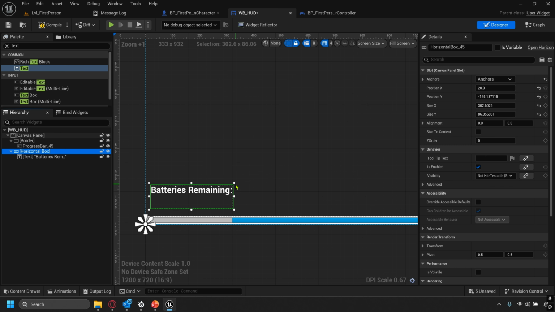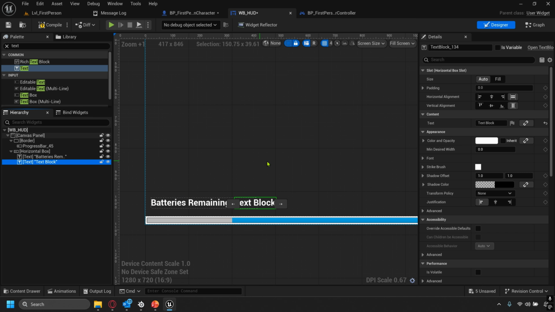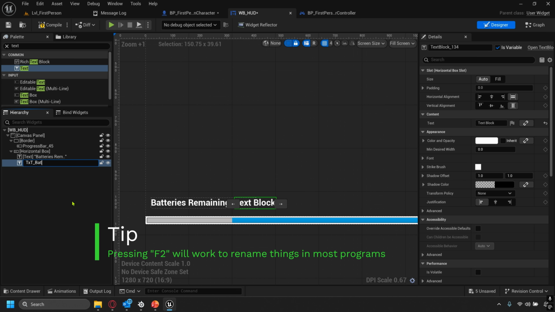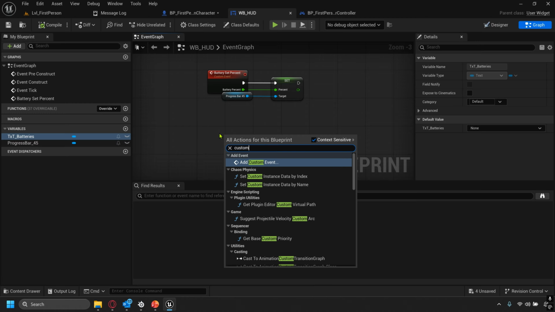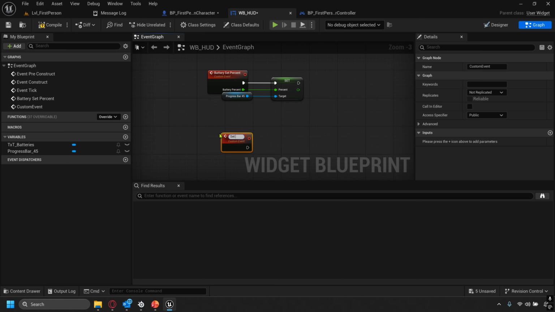I'm going to resize that box a bit better, like this, and then add another text inside the horizontal box once again, and then check it as is variable in the top right, and then we're going to name it txt underscore batteries, and the default value I'll put in as 67. Then I will compile and save. Now if I go over to the event graph inside the HUD, I'm going to create a custom event, set batteries amount,